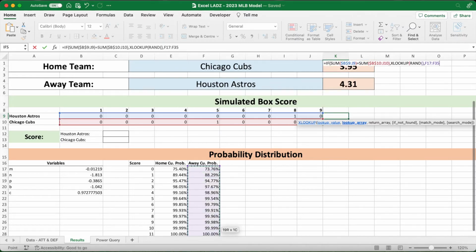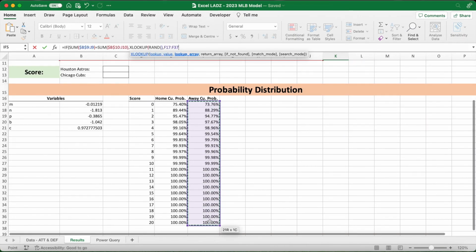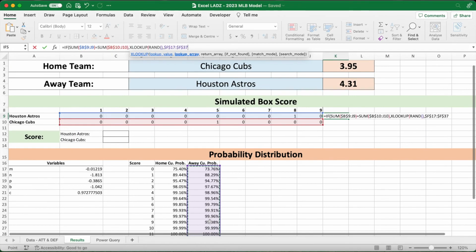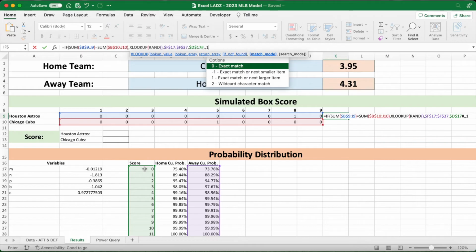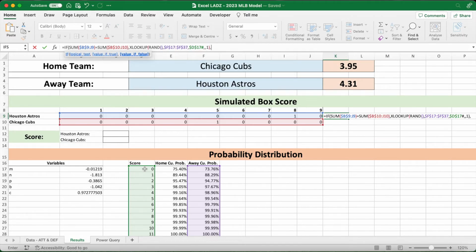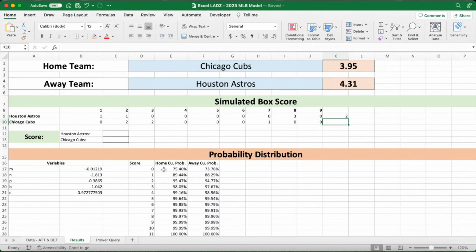So the away cumulative probability F17 to F37, absolute referencing, comma, the return array, obviously we're returning a simulated score, so that's D17 hash, comma, comma, our match mode is 1, close bracket, if not, return nothing, so speech mark,